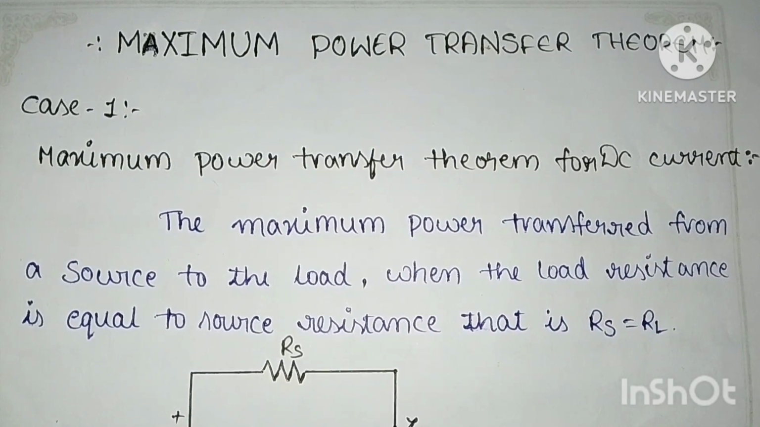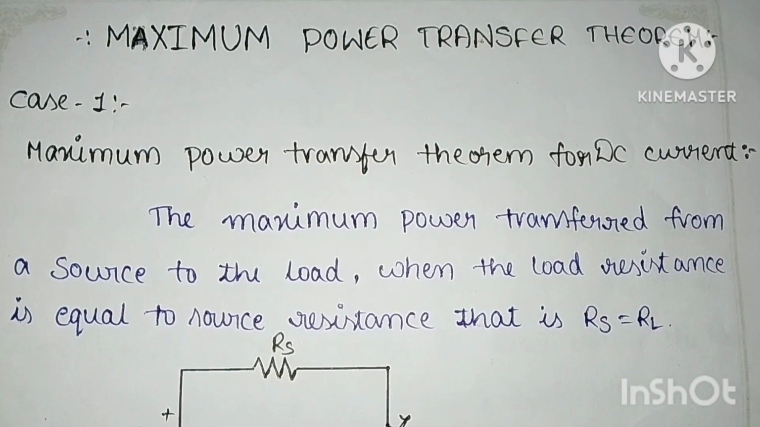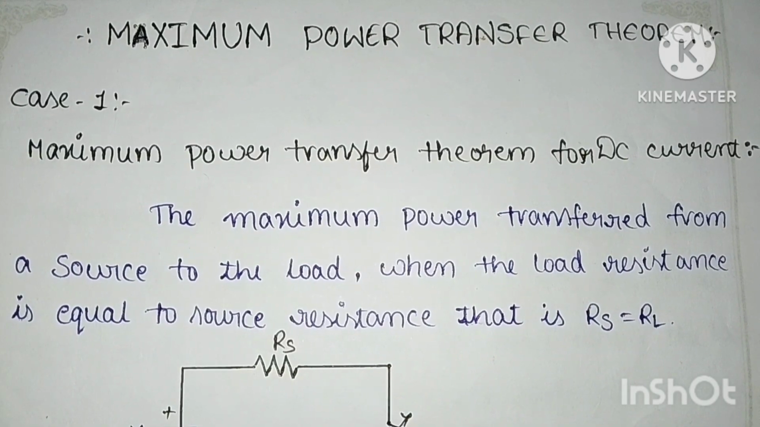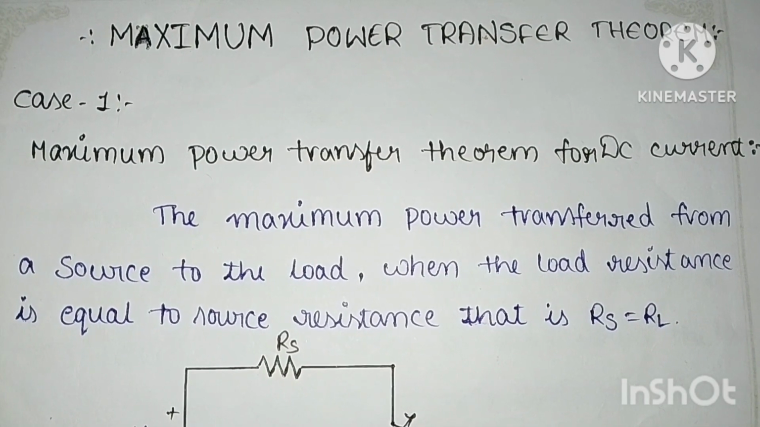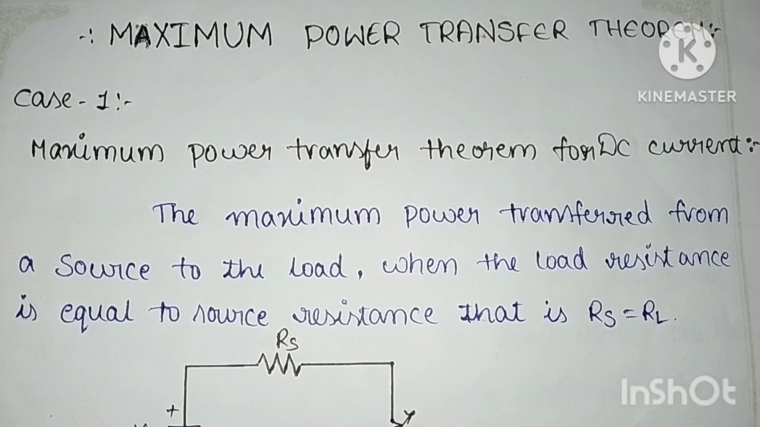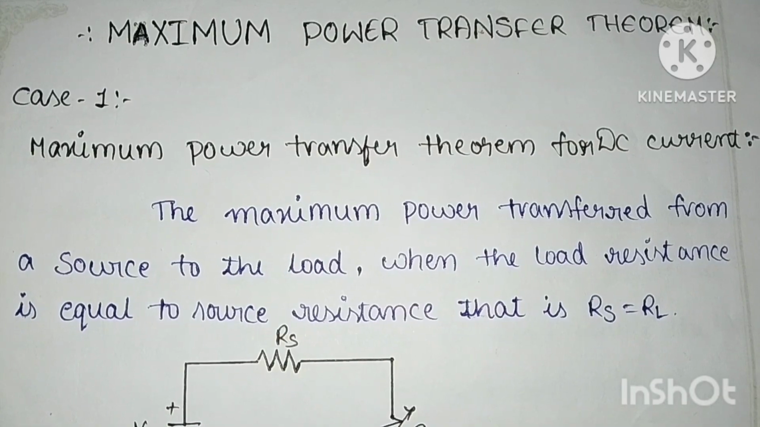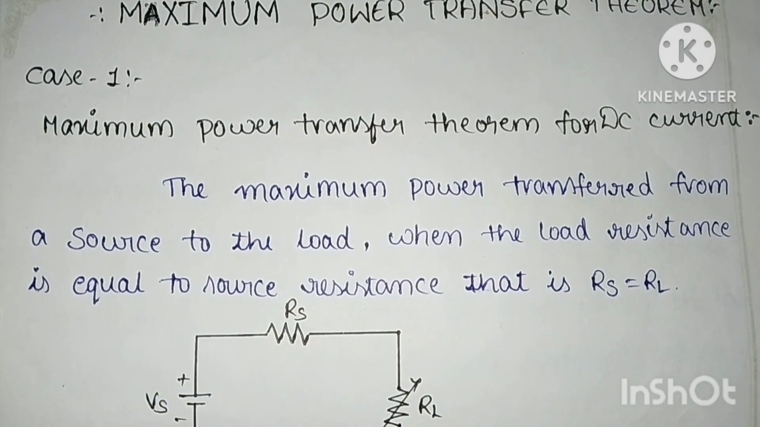Let us learn about the maximum power transfer theorem. It has two cases: the maximum power transfer theorem for DC currents and for AC currents. Now we learn about the maximum power transfer theorem for DC currents. The maximum power is transferred from source to load when the load resistance is equal to the source resistance, that